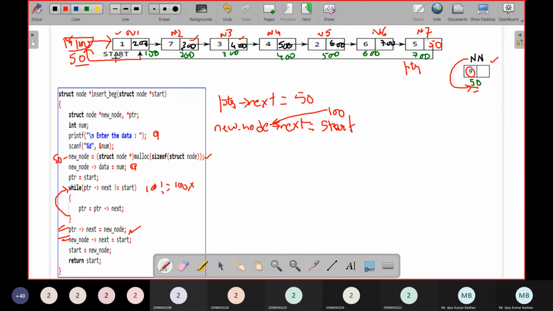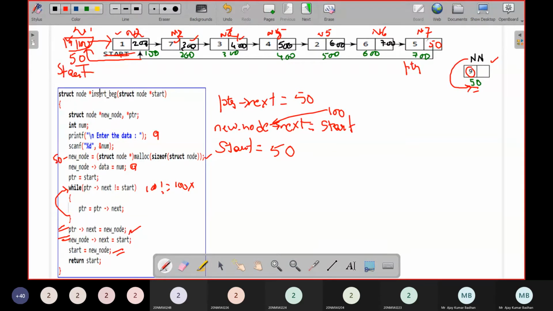Then what we have to do, as I told you, start should be pointing to the first node. But right now this node number 1 has become node number 2, and the node numbers have changed, because this has become node number 1. Now the start variable should be pointing to this particular node. How can I do that? Simple, start equal to new node. So new node consists of a value 50. So start equal to 50. This is the statement, start equal to new node. So that is 50, so automatically this start will come to the first location.